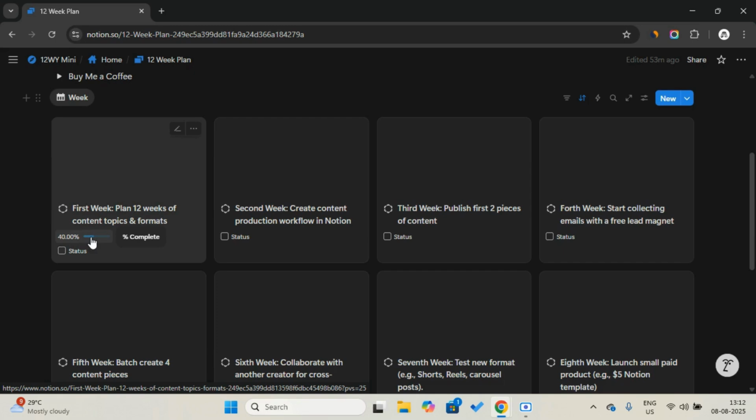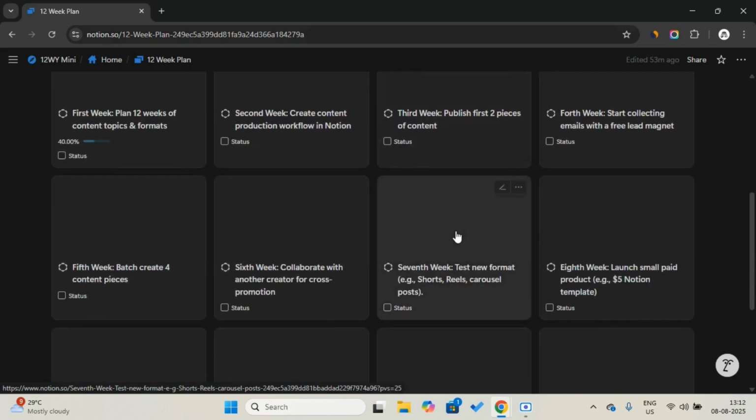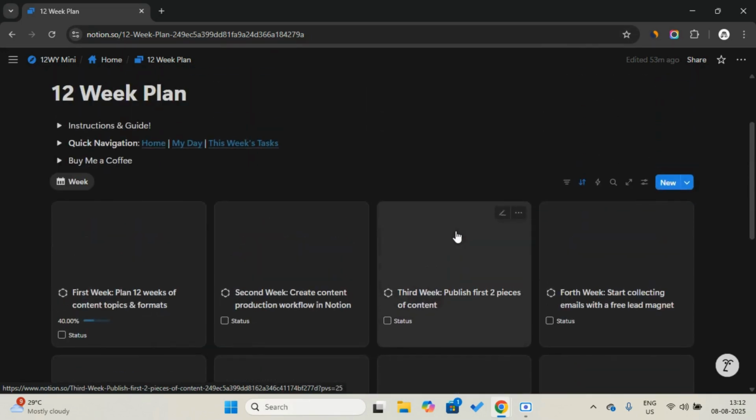After completing those 3 tasks tomorrow, the progress will be increased to 100%. As you can see, after that you get the satisfaction of having completed the first week. Now let's catch the second week, and like that you can add tasks related to the second week, then add tasks to the third week, and add habits and tasks related to that, and you can keep going until you finish all the 12 weeks and complete that first goal from 3 main goals.